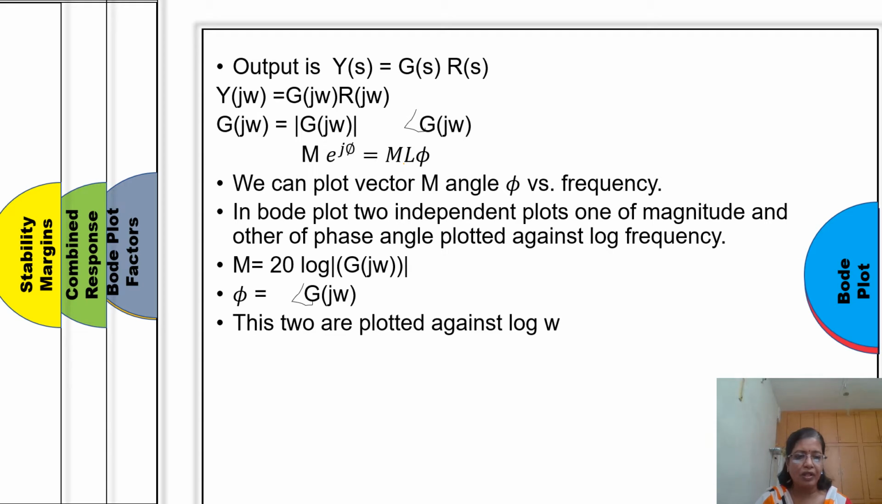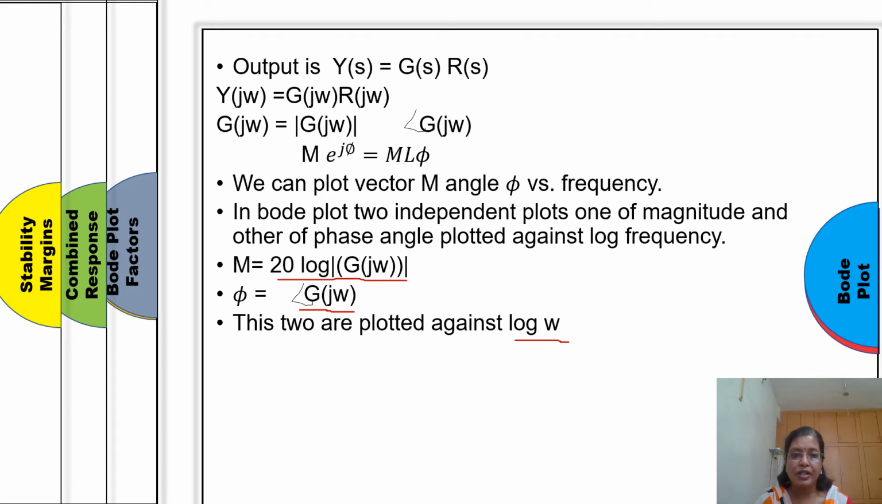So magnitude is given by 20 log of the magnitude of G(jω), and angle φ is given by the angle of G(jω). Now these two are plotted against the log of frequency. Before going into the details of how we plot that, we'll first see the magnitude and angle plot for